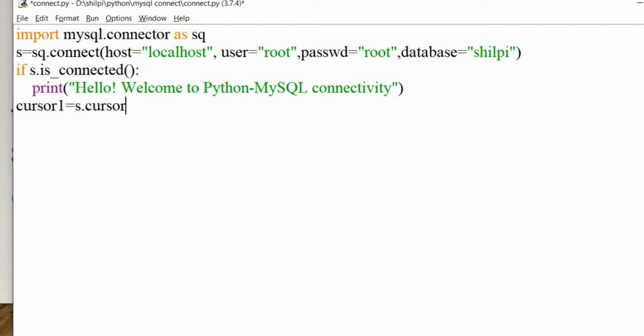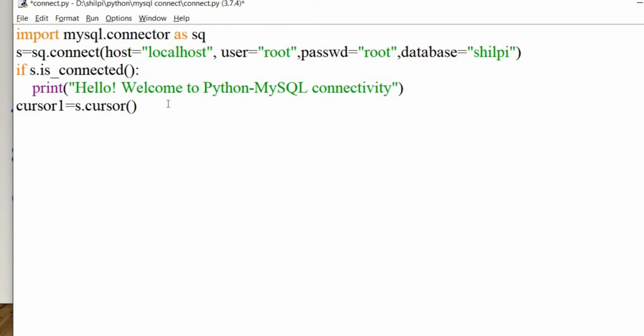This object has a function which will create a cursor, and this cursor can be used to execute the queries. It will create a cursor of name cursor1. This is again a user defined name, ABCD, whatever you feel like. I have taken it as cursor1.